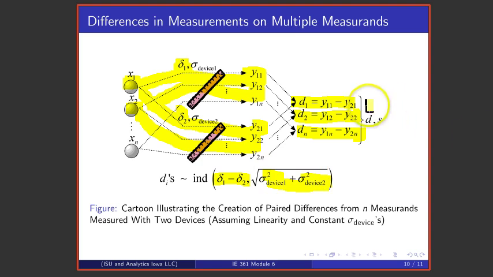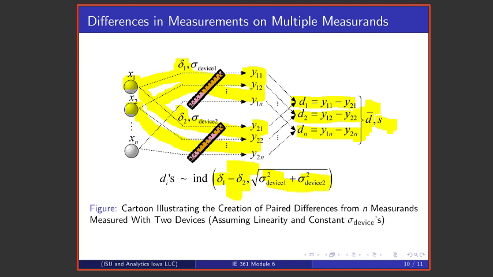That means that if one applied the t-interval based on d bar and s, one could estimate this difference in biases between the two devices. That's the more important of the two